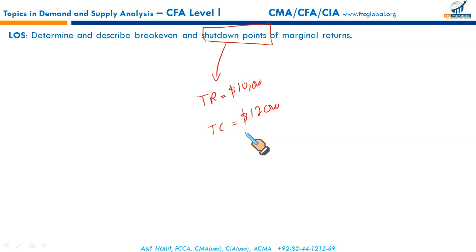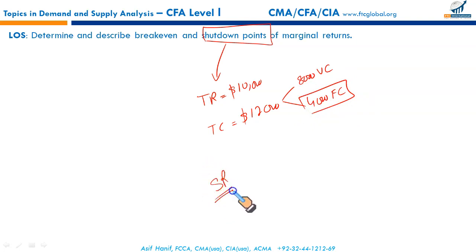No, it's not as simple as it looks. We need to see how our cost is built up. Out of this 12,000, 8,000 represents your variable cost that varies with the level of output and sales, and 4,000 represents your fixed cost. Since fixed cost doesn't change in the short run, I should be able to generate revenue that is more than my total variable cost. Here, I am perfectly fitting in the arrangement. My total revenue is greater than the total variable cost. So at least in the short run, I should carry on.